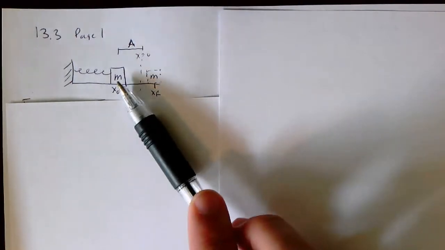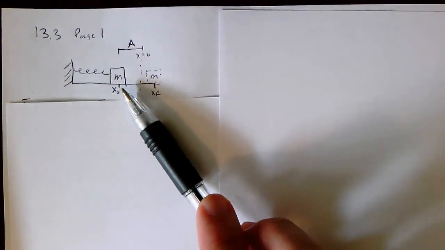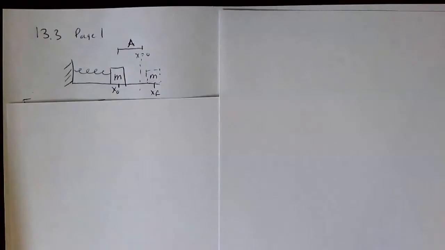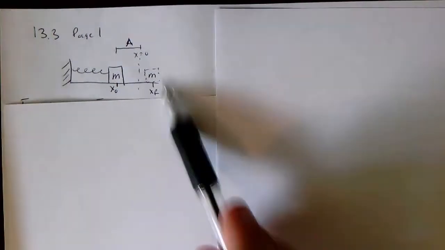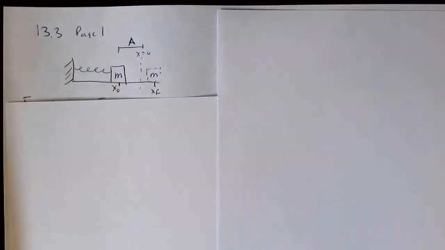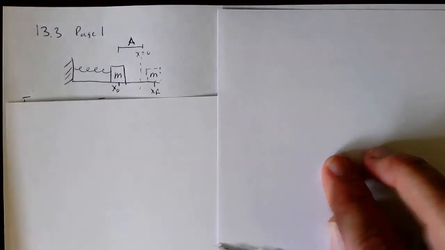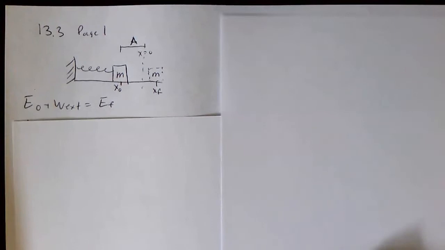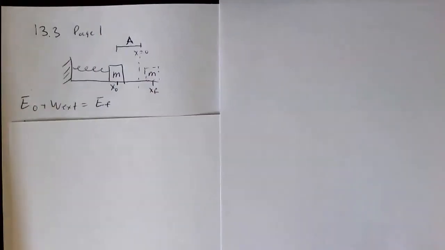So I've got a mass. We'll just make it a horizontal mass on a frictionless surface. It could be a hanging mass from a vertical spring, it doesn't really matter because it's still simple harmonic motion even if it's a hanging vertical spring. So if I use the conservation of energy equation, we should get,